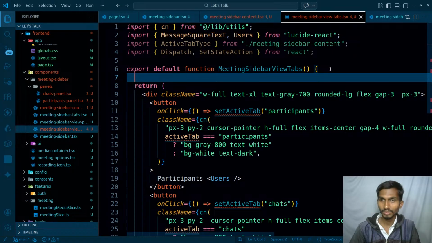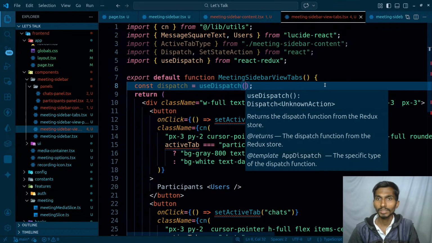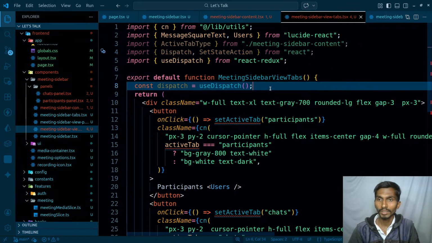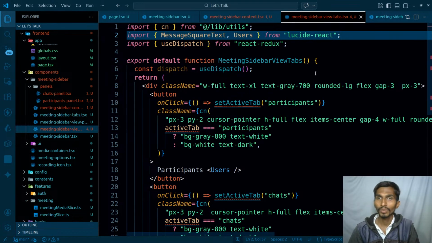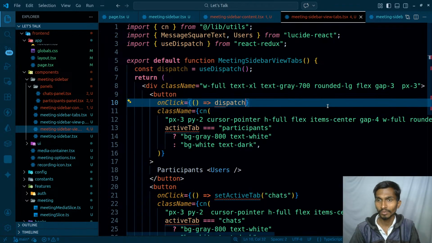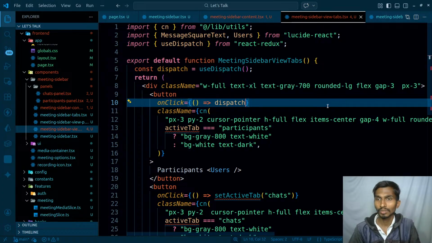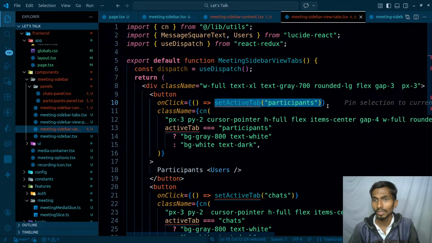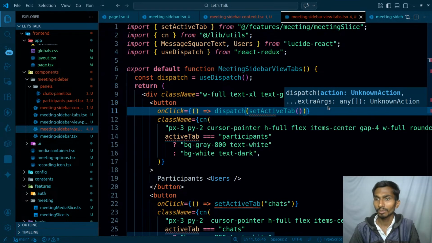Once I have this, a const dispatch is going to come from useDispatch from React Redux. By the way, I have the type here as well, but the type is not quite needed, so let's simply get rid of both the things from here. And once I came here, I'm going to dispatch the value inside this. Set state action. What was here earlier? Set active tab, right? So dispatch set active tab, and that's actually going to be